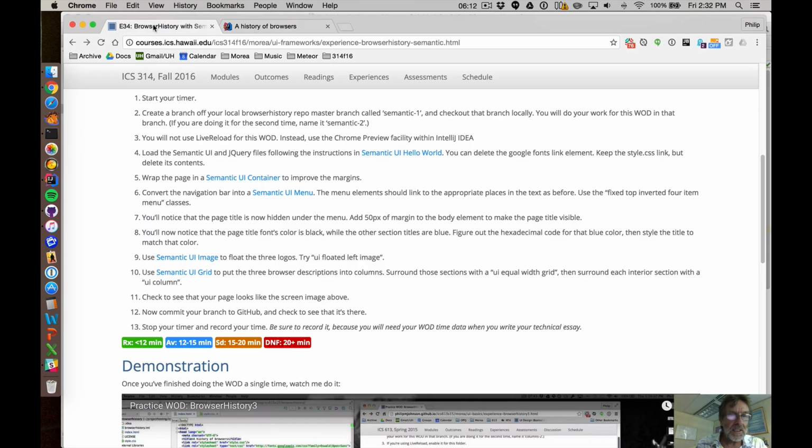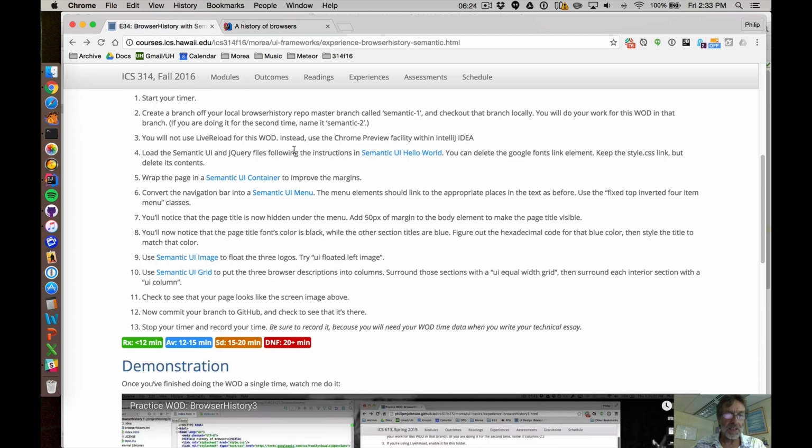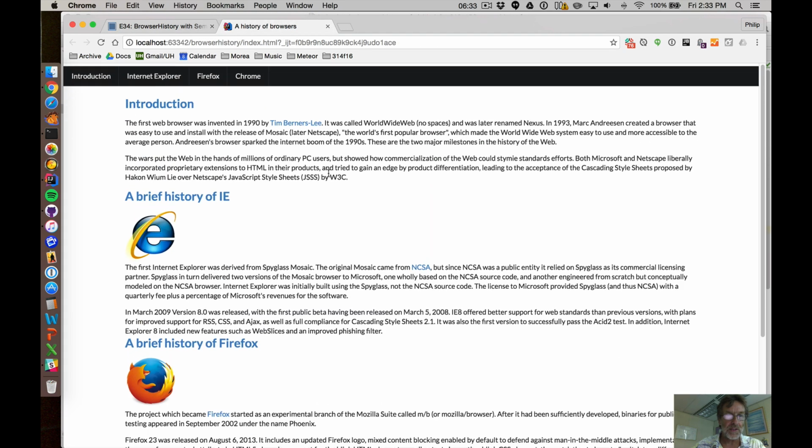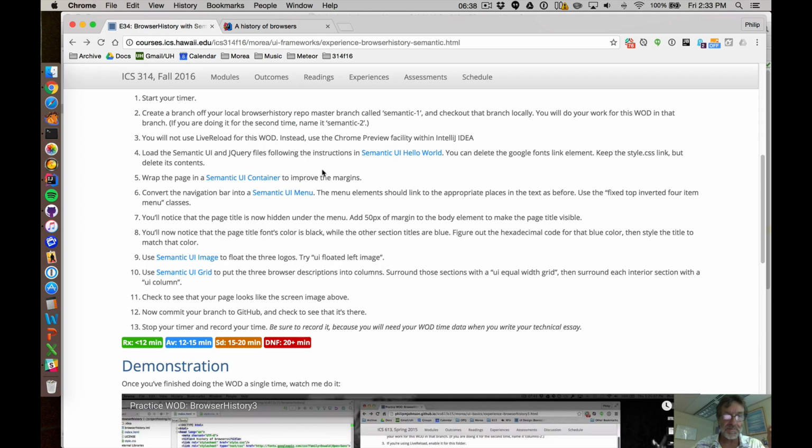Okay, so going back to here, now we notice that the page title is now hidden under the menu, right? Where's the history of browsers? It's no longer there, and that's because the menu is covering it. So this is a standard thing that happens with Bootstrap, Semantic UI, whatever. When you have these fixed top menus, which are really nice, so that you can scroll around and the menu sticks around, you have to move the content of the body down. And so the way we're going to do that is add 50 pixels of margin to the body element to make